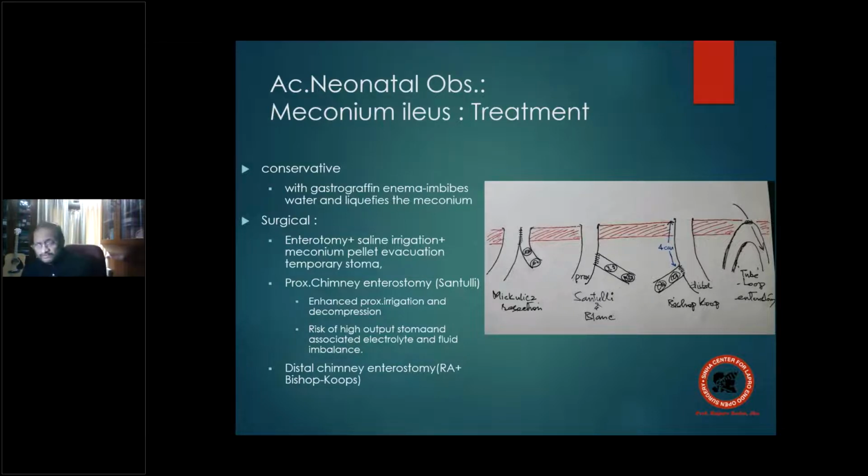Patient doesn't respond to that. Now what do you have? You have to go in for surgery. Now what could be the surgery? Number one, you just do a plain and simple enterotomy. You make an opening, draw a loop out, push in a catheter, and with the catheter you push in saline and carry out a pellet evacuation with a temporary stoma known as the tube loop enterostomy. Why loop enterostomy? Because you have brought out a loop. And why tube? Because you pushed a tube into the proximal part and you have tried to remove the pellets from that particular part.